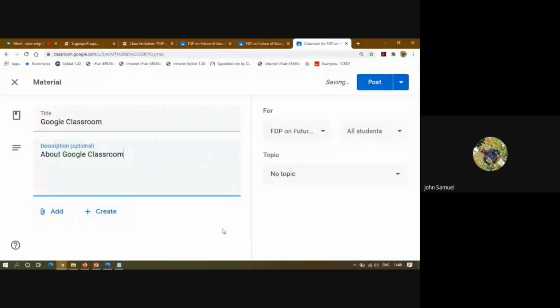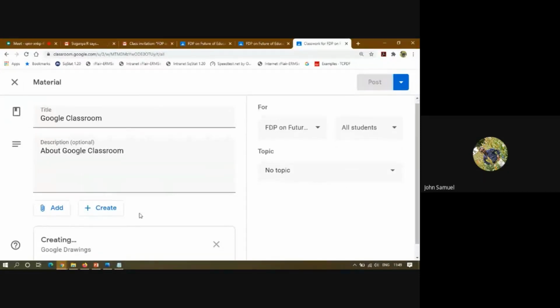Right. Now you can add a Google Drive link, file, or YouTube. The main advantage in Google Classroom is that all the software is embedded with Google, so we can create all the things here itself. We can attach the Google Drive link, the YouTube link or an external website link, and we can also create our own document, slides, sheets. If you are teaching a drawing subject, you can select this, and the drawing sheet will be added.